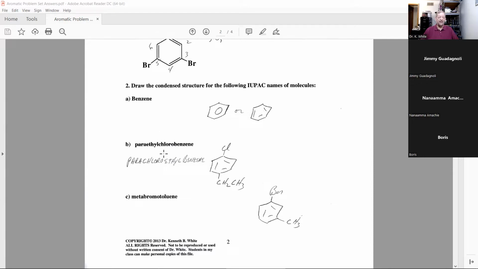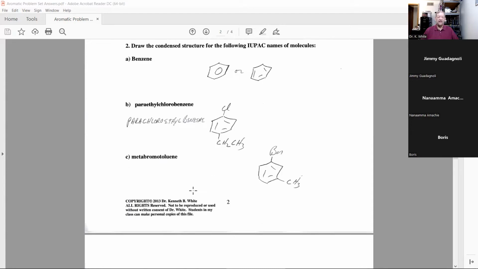I should have had the chloro first, and I corrected it here. And draw para-chloroethylbenzene. Now you have a benzene ring. Now at one point you have chlorine, and you count around 4 times, you have ethyl. Now you could have the switch, you could have the ethyl on the top, chlorine on the bottom. Now meta,